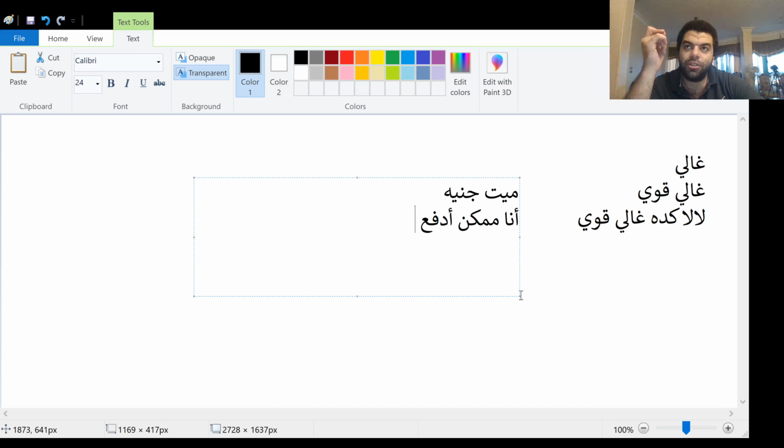Okay, now أنا ممكن أدفع, and then of course they exaggerate the price because they are 200% sure that people are gonna bargain. So they always overestimate the price ridiculously. Something could be 50 or 40 and they can tell you 100 because they know you're gonna try to lower the price. Maybe as a foreigner you don't really do that much, but an Egyptian would always try to lower the price. Okay, we're pros at this.